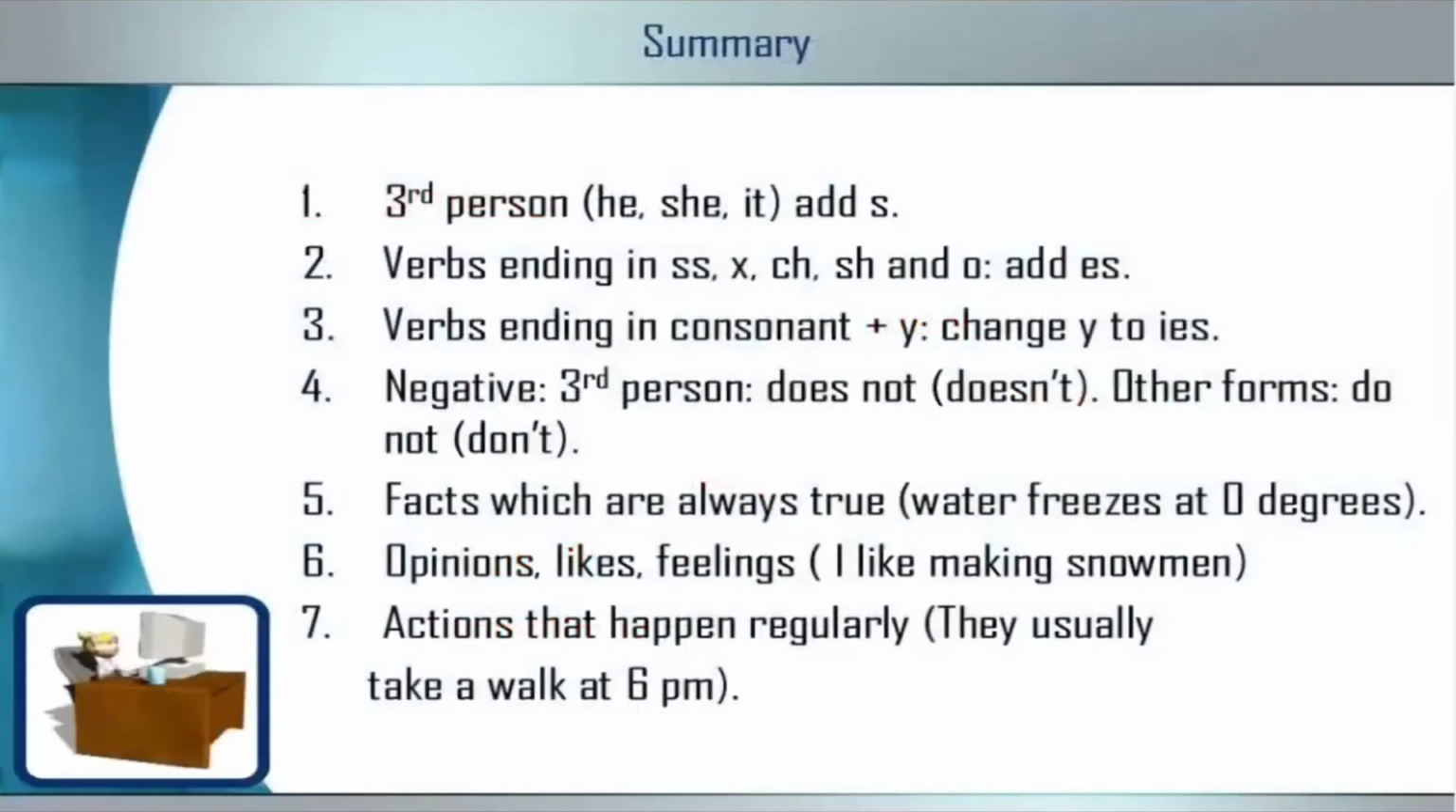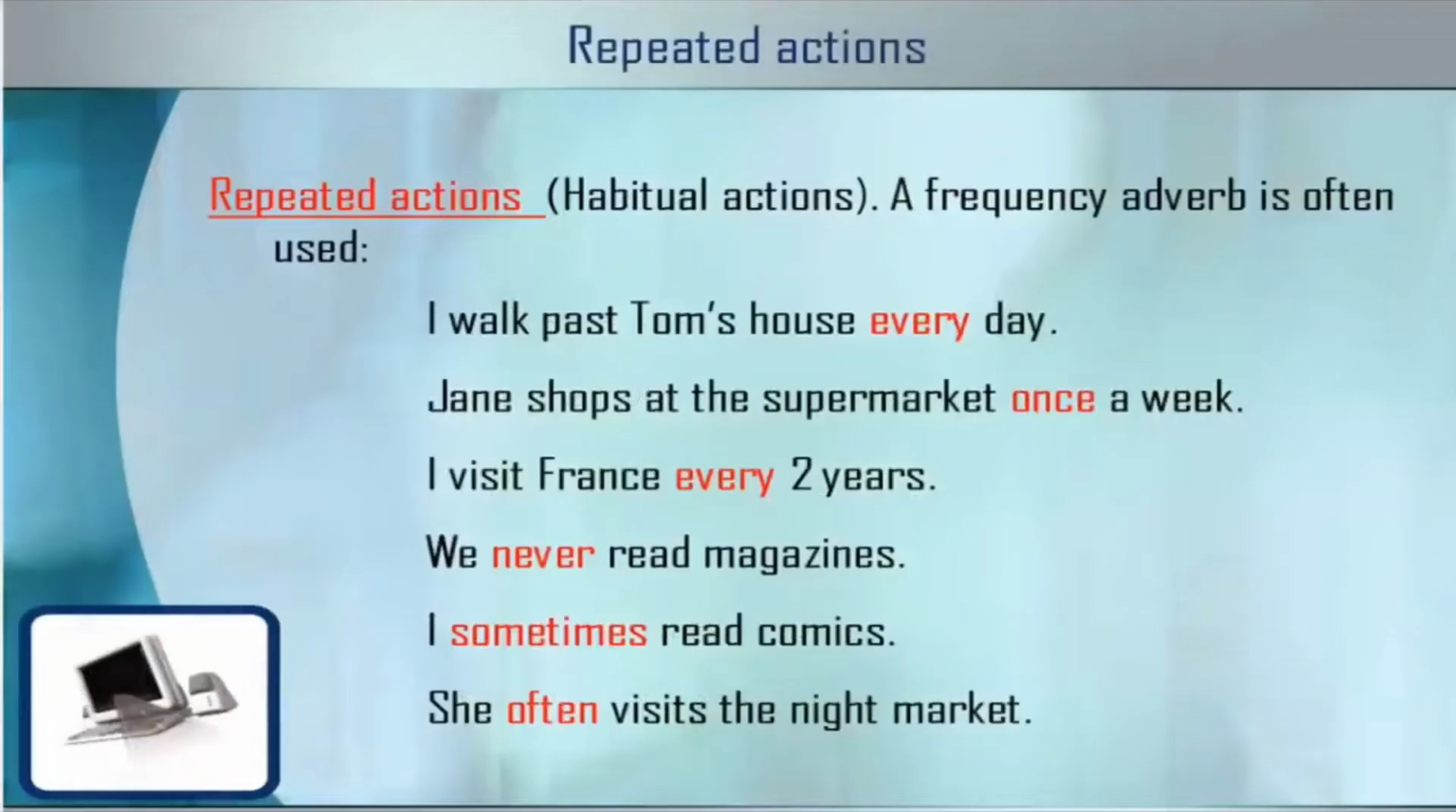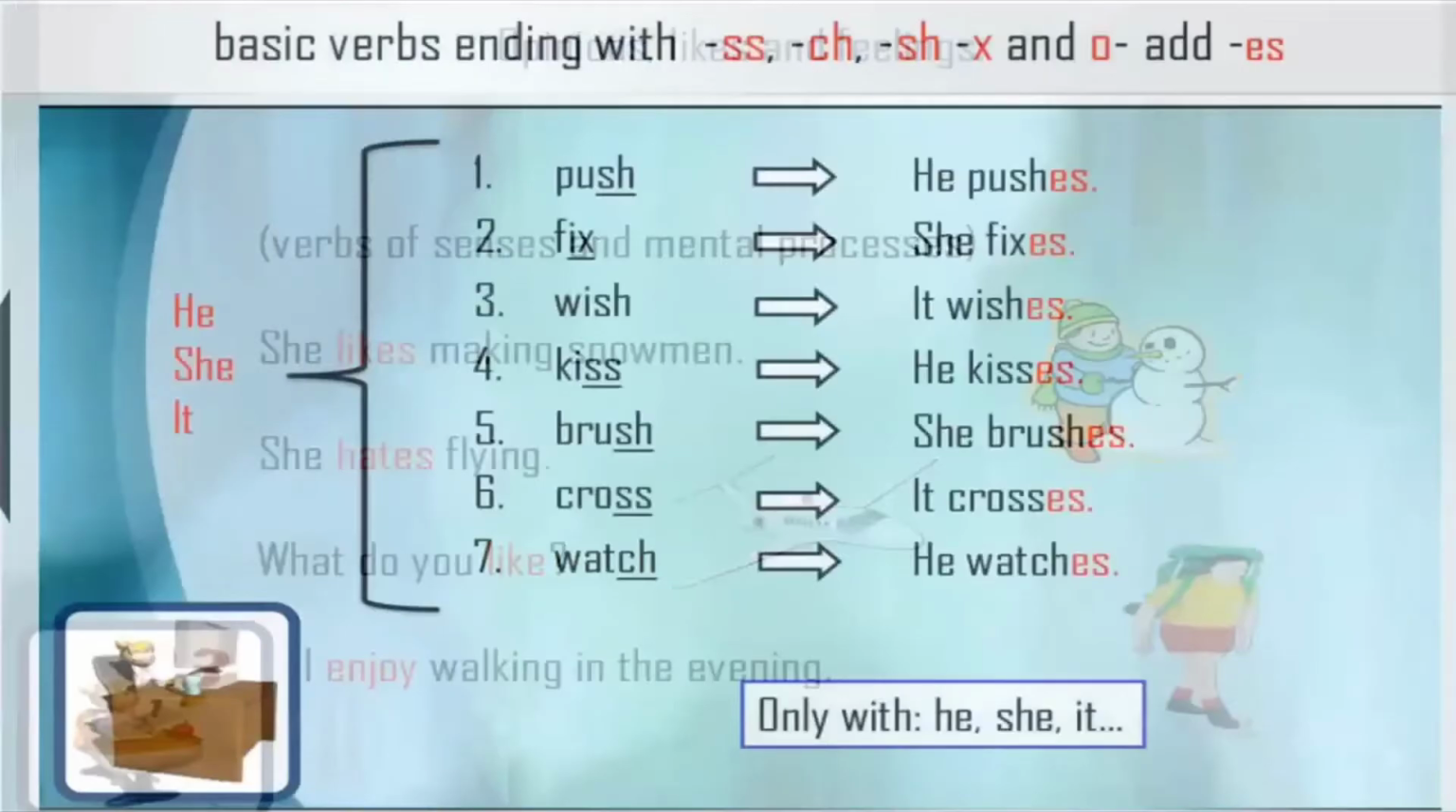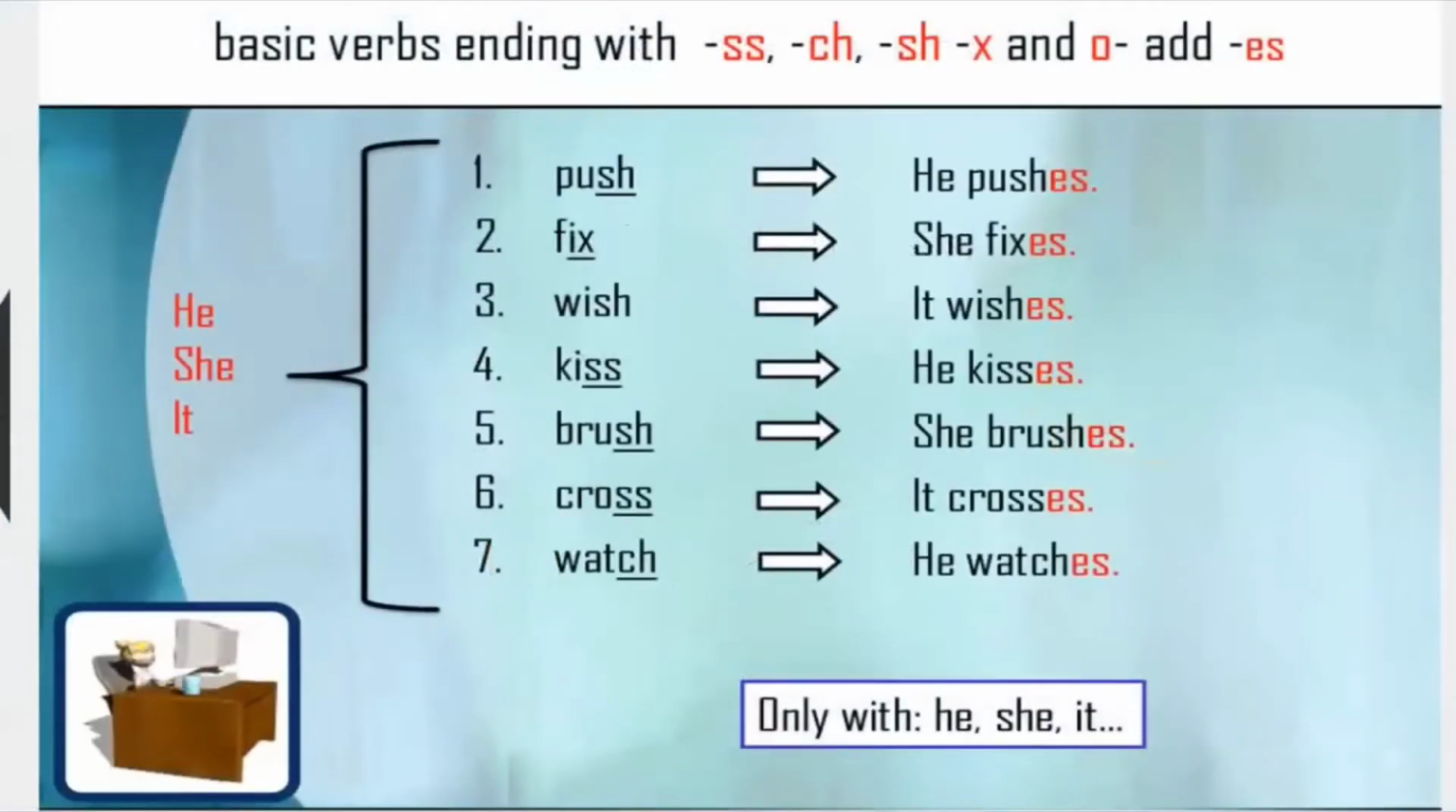So with third person, he, she, it, we add s or es. This is a revision of the entire thing that we have discussed. Verbs ending in double s, x, ch, sh, and o add es. These are simple rules, of course. There are exceptions available, but this is for your understanding so that you can remember at least the ones we have talked about here. Now, basic verbs ending with double s, ch, sh, and o,